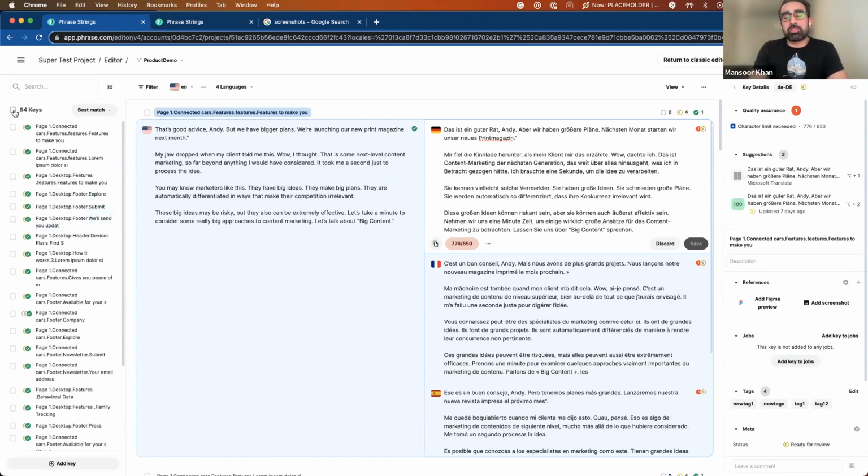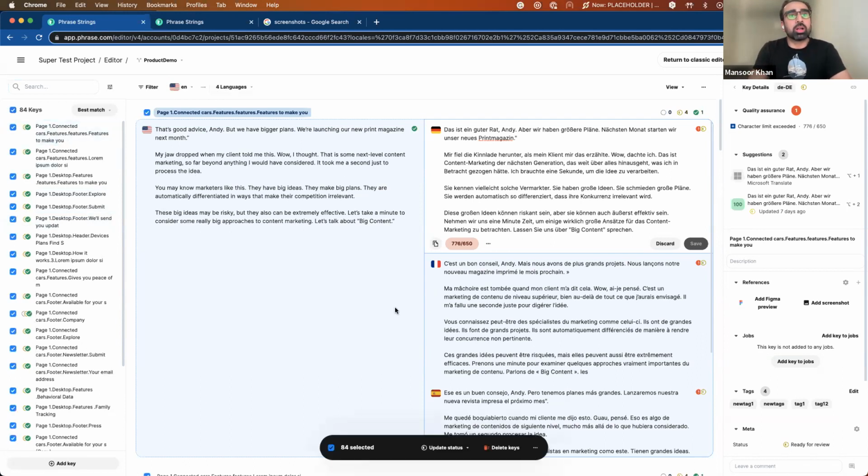The batch actions are really drastically improved in the editor. So what required 5 clicks over here to do, now you can do with a single click. For example, if I select all, we have grouped all these updating translation statuses together with ready for review, reviewed. I can mark, this was also not possible before, anything to mark or take one step back. Ready for review is possible now to do in a batch action. And of course, the